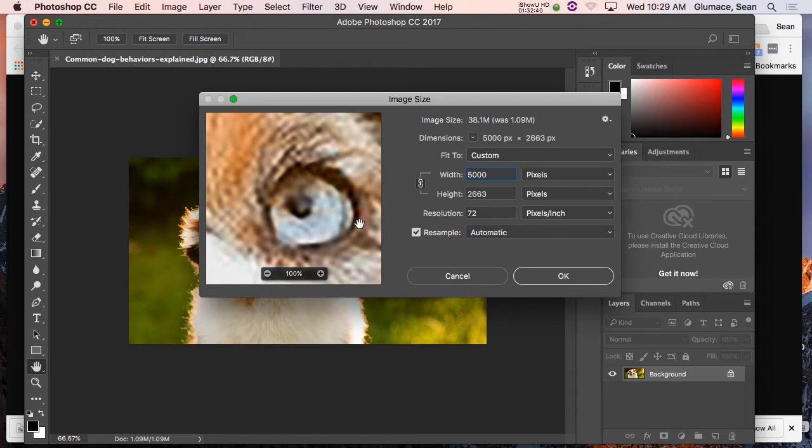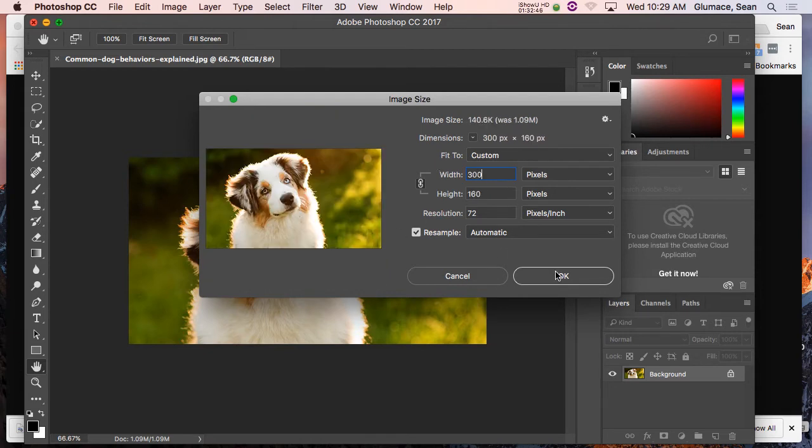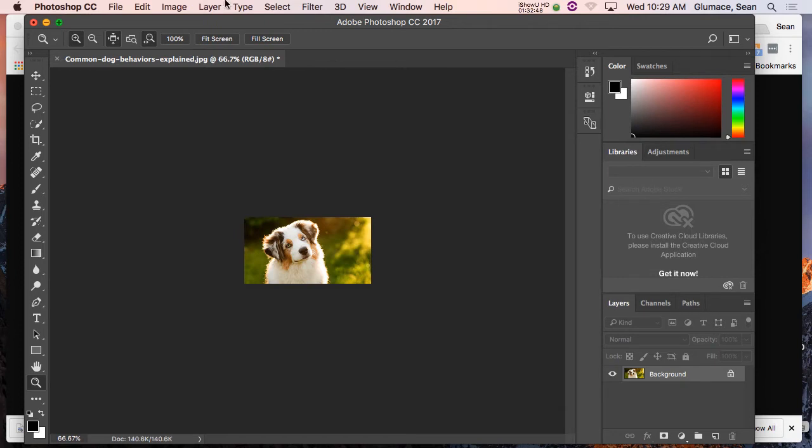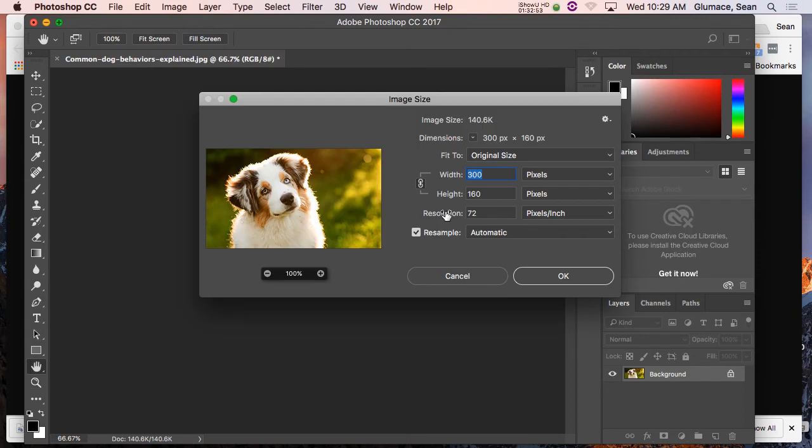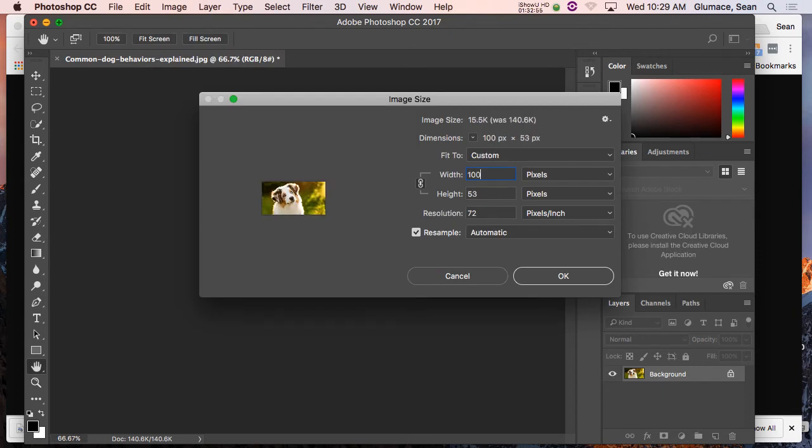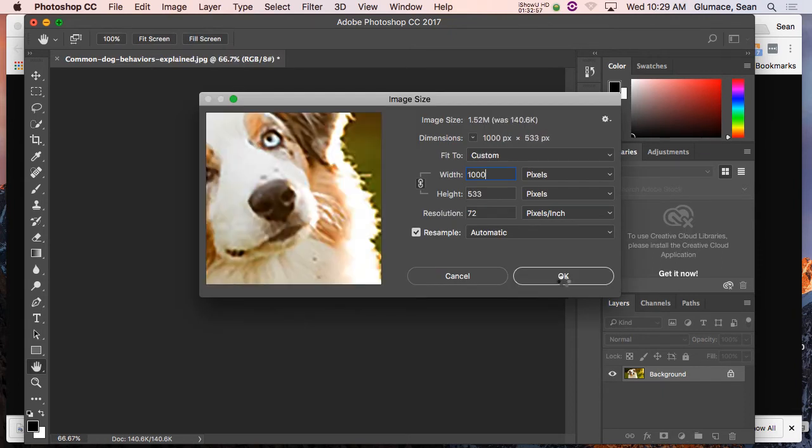It's not crisp, it's not clear. I cannot blow it up. And I can't make it small, it still looks good small, and I go, oh no. I save it, come back later, and I've got to blow this thing back up. I can't go back up to 1000. It's going to look horrible.